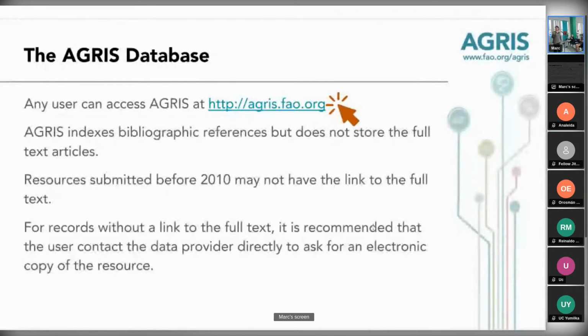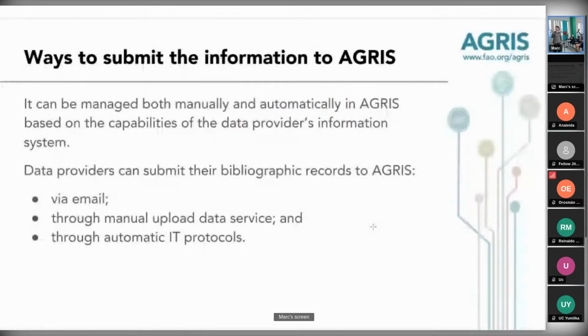So essentially, this is the website, agris@fao.org. Unfortunately, I don't know how to explain that, but it's blocked currently in Cuba. But if you want to access it, you can use a VPN or something. Ways to submit the information, the data to AGRIS: you can use email, you can also add